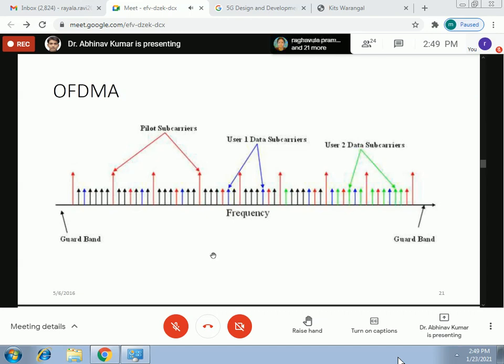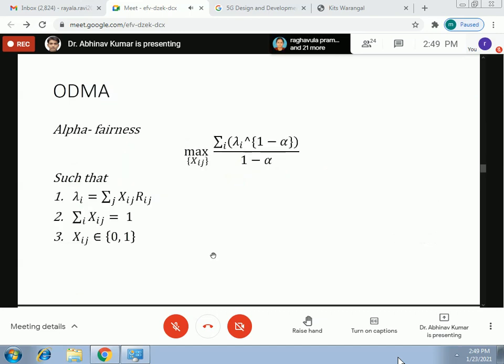So now we can again apply this OFDMA resource allocation concept with the objective function of an alpha fairness. So I can again have the link rates to the power 1 minus alpha upon 1 minus alpha, maximize over xij in a time slot for a user i. This is for each time slot if we start doing this. And then we try to compute for a subcarrier j, what is the rate of this user i on subcarrier j. If it is to be allocated to this user i, xij should be equal to 1, otherwise xij should be equal to 0. So we have a binary